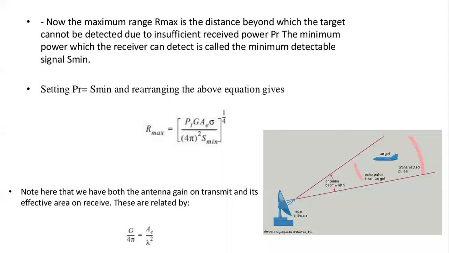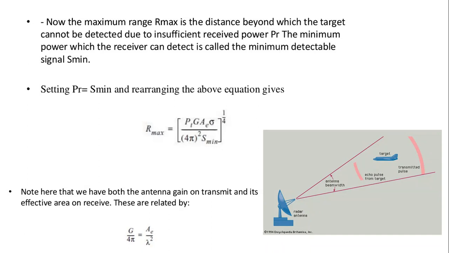So now in this case, what happens? All the signals that are being absorbed or reflected by mountains or by the trees or by the rivers, they all fall in that category, because when they are reflected and falling back, they change their phase shift, they change their angle. So when they fall, naturally, they will not come into this particular range, or even if it comes, they will be very weak signals. Okay, so now the minimum power which the receiver can detect, we are calling it as minimum detectable signal.